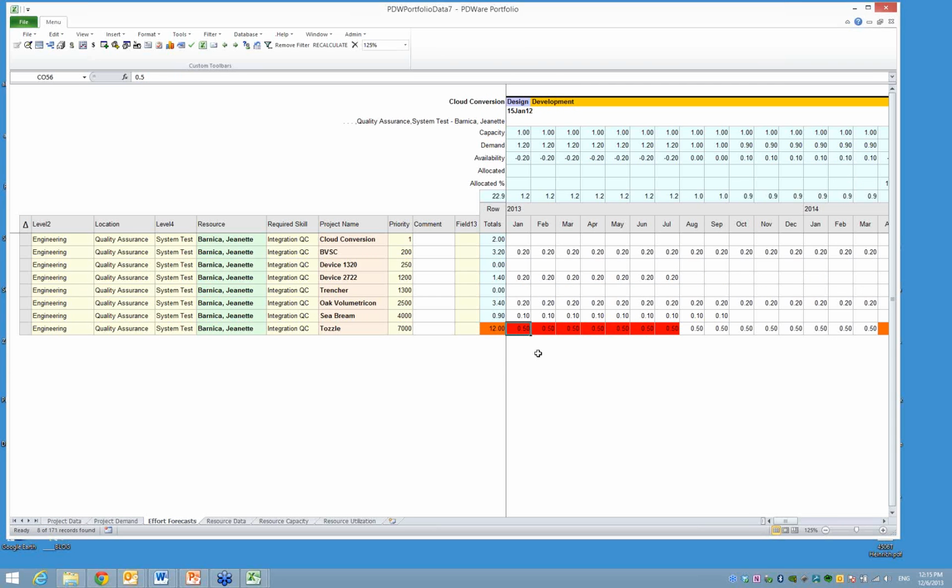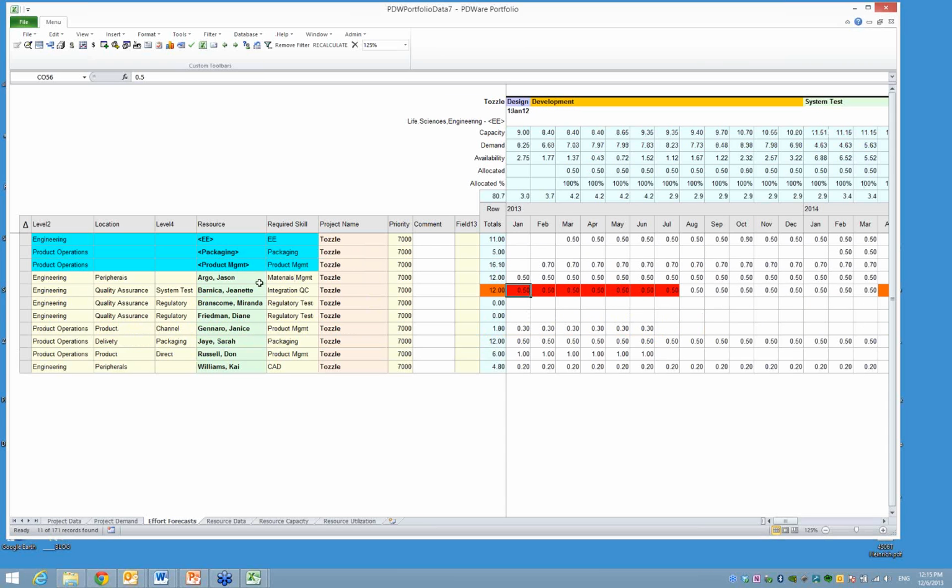So I'll double click, and I can see that Jeanette is needed at 0.4 down to here, 0.6, 0.7, and therefore cannot supply all of 0.5. So the Use Unused for Skills is a way of leaving highlighting on overloaded resources, resources that have too many